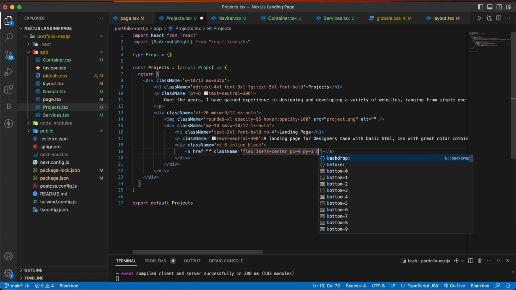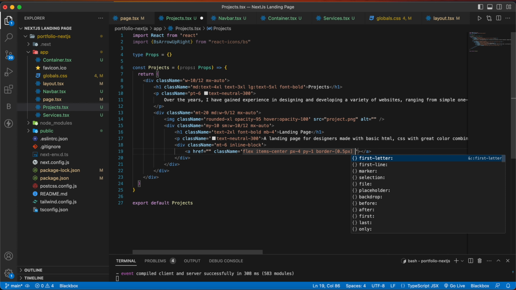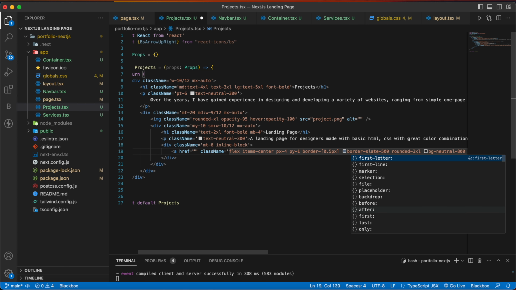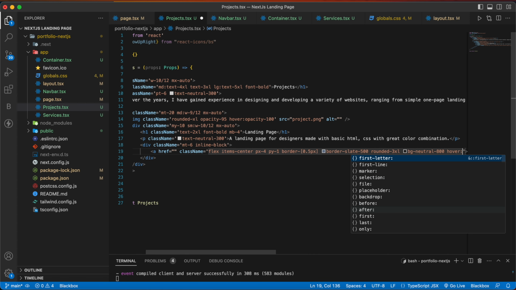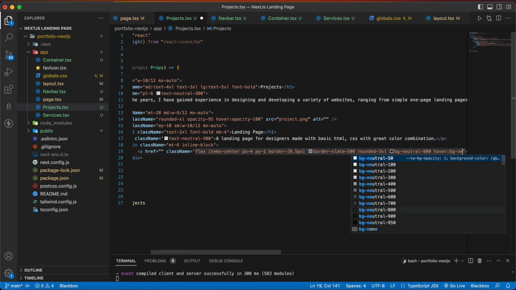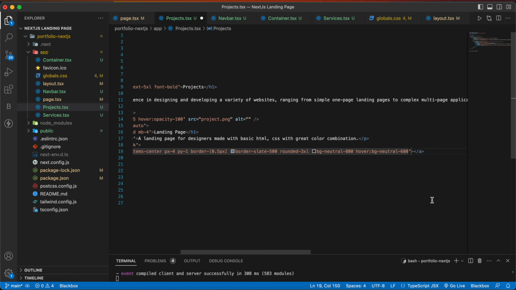py-1, border of 0.5 pixels, border-slate-500, rounded-3xl, bg-neutral-800, and hover bg-neutral-700.